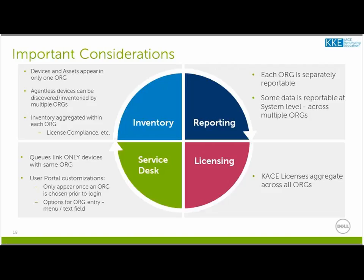And then the user portal customizations. A couple weeks ago, I posted to IT Ninja a blog on how to completely customize the login page of the user portal, right? Where you can embed videos and weather widgets and Twitter feeds and scrolly, blinky pop-up windows and all kinds of awesome, cool stuff that you can do on the login page of the user portal. And of course, you can change the logo, right? And if I have different queues in one org, they all use the same user portal. But